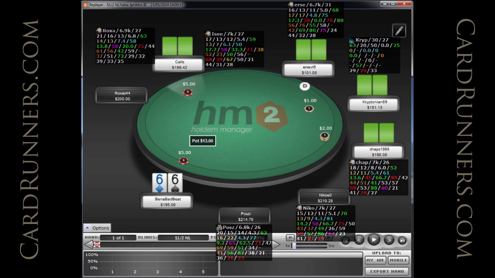So that immediately suggests to me that this guy who's calling has got a really, really wide range. And by wide, I don't mean weak. I mean it consists of all the nutted hands and obviously all the unnutted hands. So he's got like 6-7 suited right through to pocket aces, I think, pre. It is quite hard to